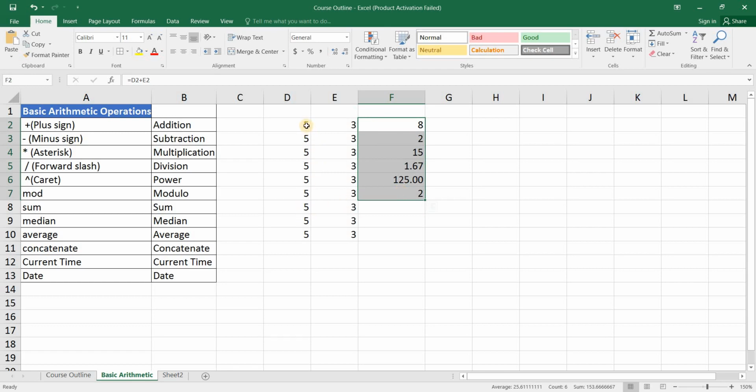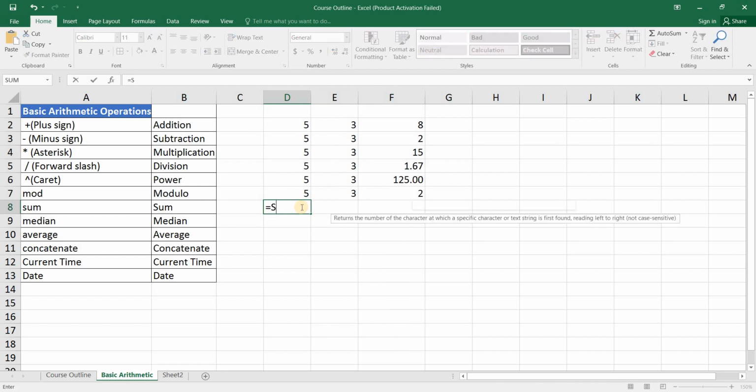So now let's look at the sum. How does the sum work? Let's say we want to add all this. Let me delete this one because I might not use it here. Alright, imagine you have all these values and you want to know the sum. Of course, Excel will always give you the sum underneath where the mouse is. That's a way to know the sum of the numbers you're working with if you don't really need to write it down. But now I want to know the sum of all these numbers that are here. There's a function called the sum function, so I write equal to sum,